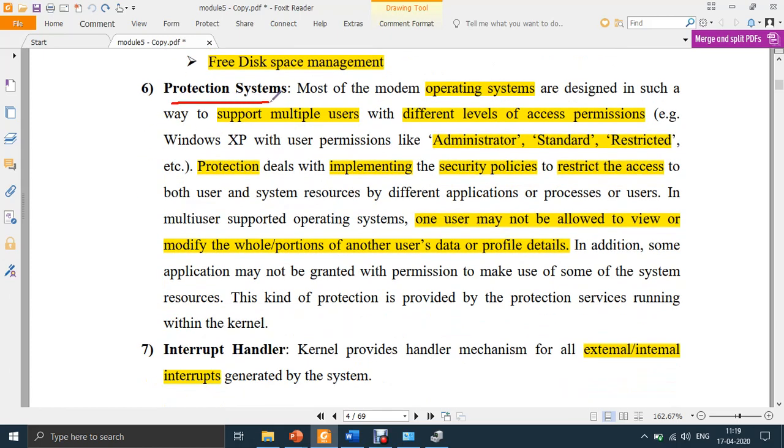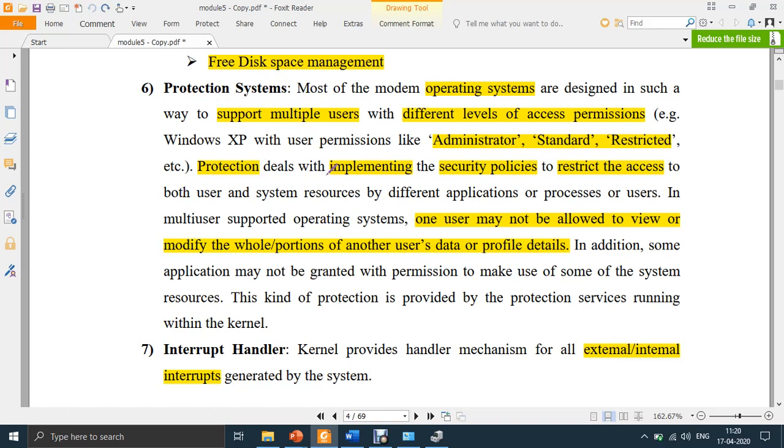So next, kernel services: protection system. Remember, all these are the kernel services provided by a GPOS, a general purpose operating system. The protection service is very important because operating systems are devised to have multiple users. You might have created two accounts on your PCs, one administrator and one user. You might also have seen in college there is a user account, an EC Lab account, and one more account which is administrator. By creating multiple accounts, you can have protection in the system.